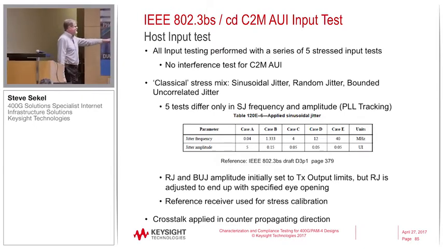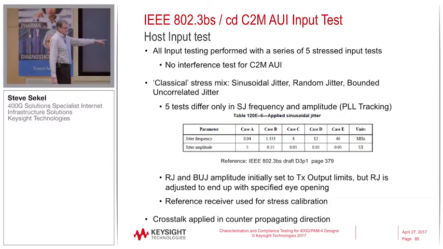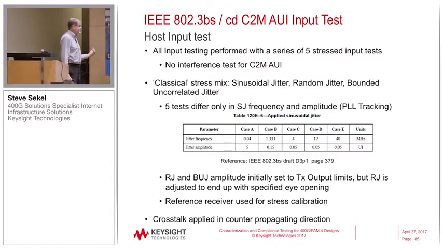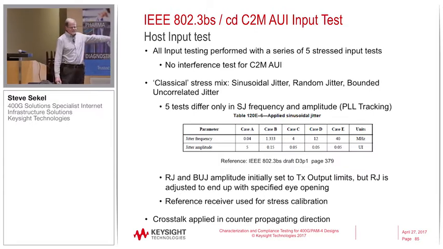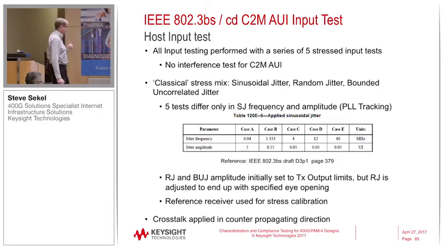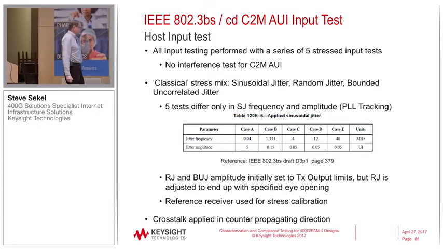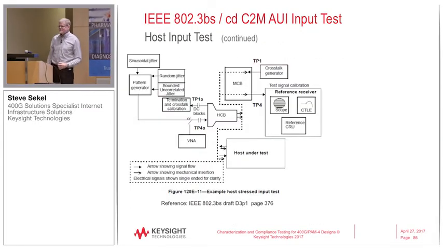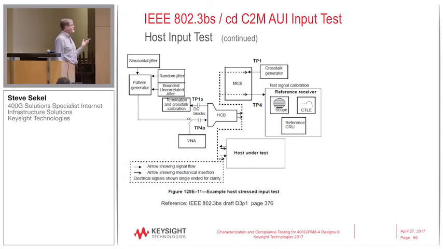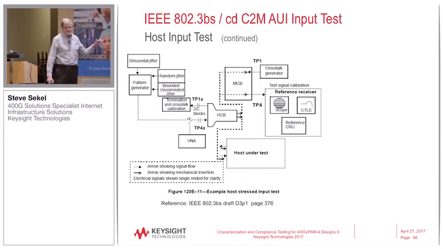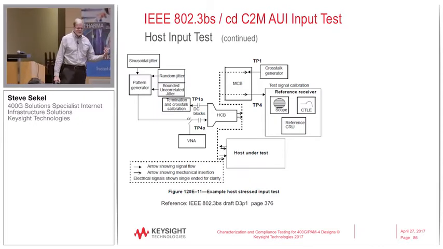So now this is really key. A reference receiver is used for stress calibration, and you'll see on the next diagram, there's a big difference between the 100G class specifications and the 400G with that reference receiver, and it's very important that you don't miss that point, and it's the fact that it has a CTLE in it. Okay, and then crosstalk is applied in the counter-propagating direction. And it's very important that you have that CTLE in there, because if you don't put that in your reference receiver that you use to calibrate stress, you probably are not going to get certain things to pass. You're not going to get the rise times you need. You're not going to get the